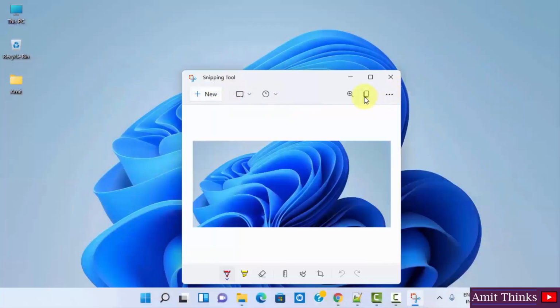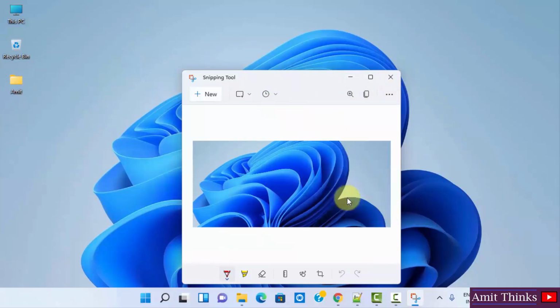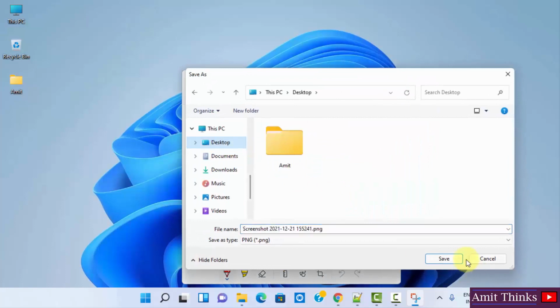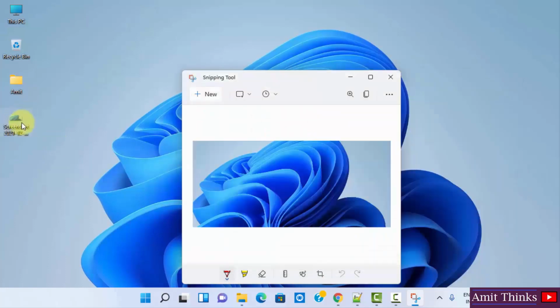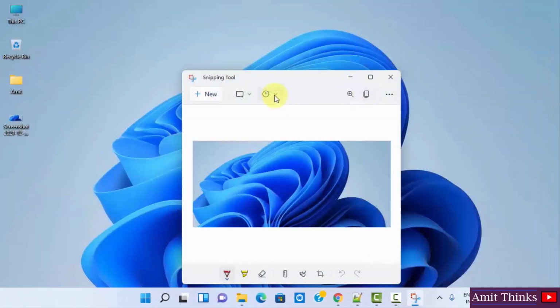You can just copy it here, or you can click on the three dots and save it. I clicked on save. I'll save it on the desktop. So it got saved. You can see the image here. In the same way, guys,